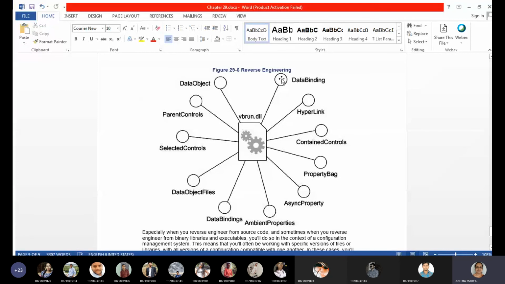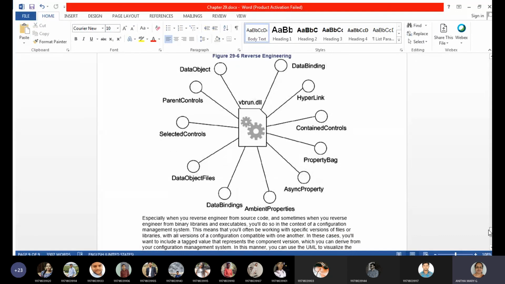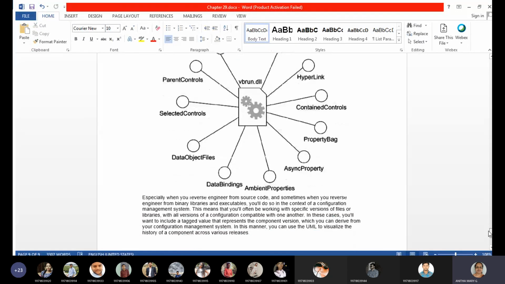In turn it is connected to data binding, hyperlink, contained controls, property bag, asynchronous property, eminent properties, data bindings, data object files, selected controls, parent controls, data object. So this is how when a block of code is reverse engineered, you get the model back. That is what we call reverse engineering.